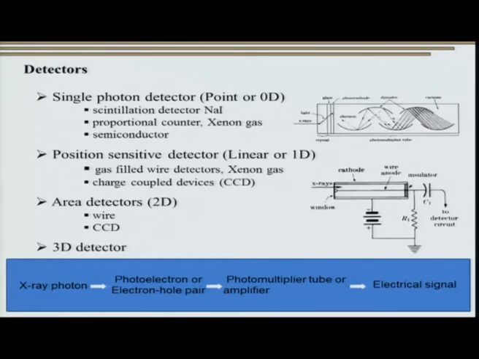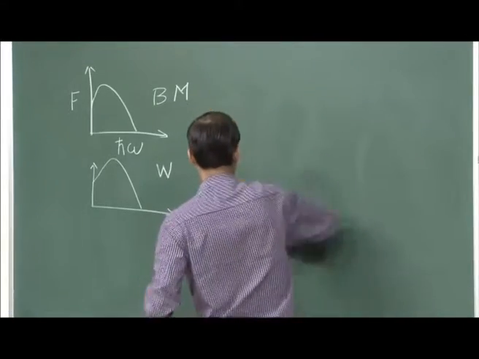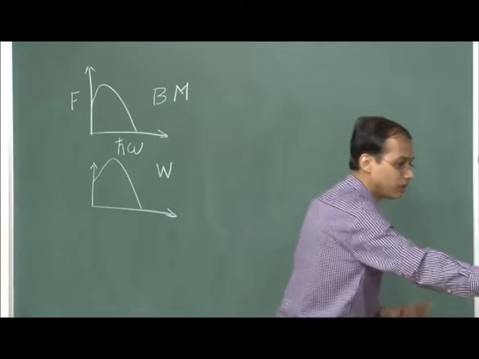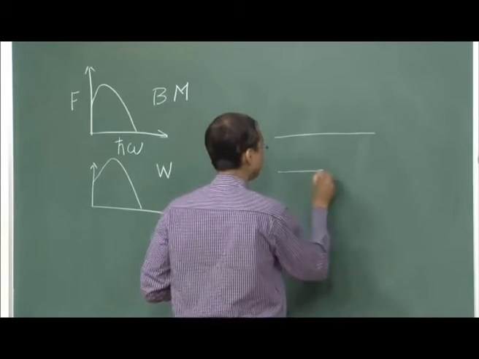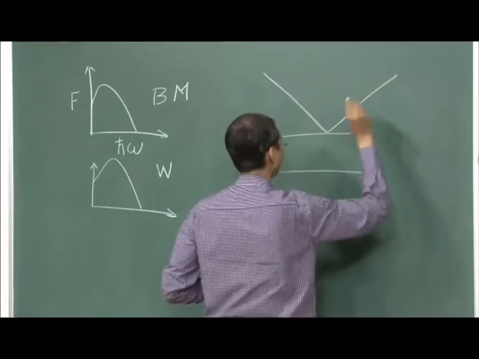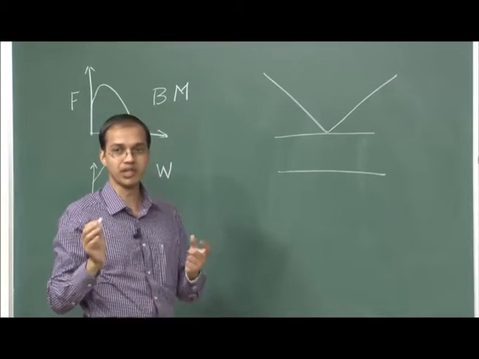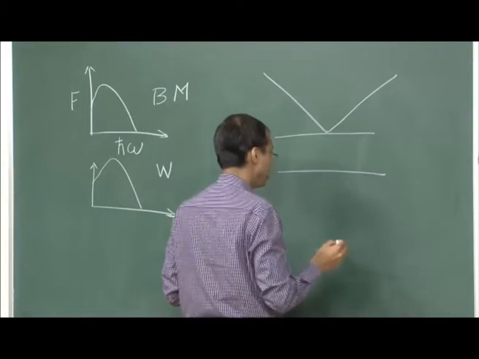So, all of us know that Bragg's law is not as simple as it sounds, and it is anything but just reflection of X-rays. This is how generally we draw Bragg's law, incident beam, and this is the diffracted beam. But all of us know that this is not exactly what happens. In fact, what gives us a much better picture is